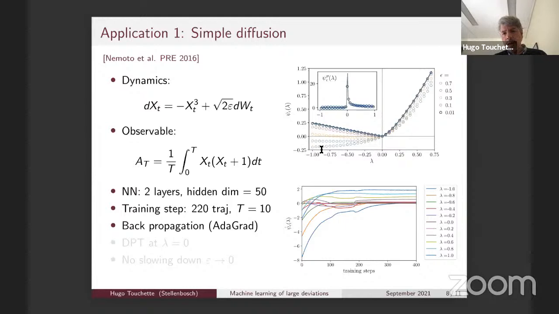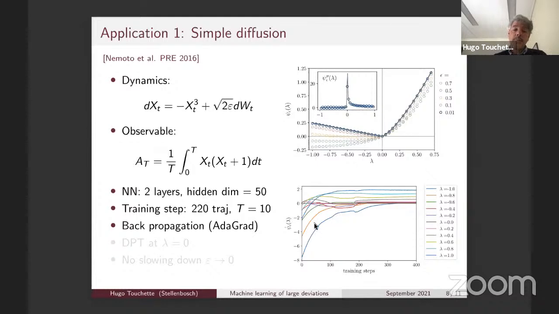So we have very smooth results for the scaled cumulant generating function, and then we can decrease the epsilon, which is the noise amplitude, to get to the non-analytical result, which is the solid curve here. What's interesting for this system is that there's a dynamical phase transition, so there's a non-analytic point at lambda equals 0. You see the second derivative here, it jumps, so there's a second order phase transition here.